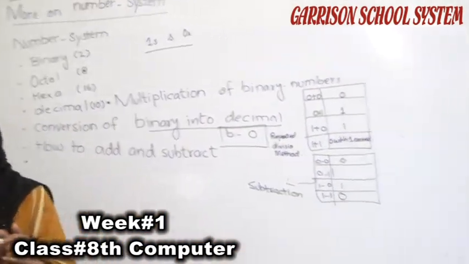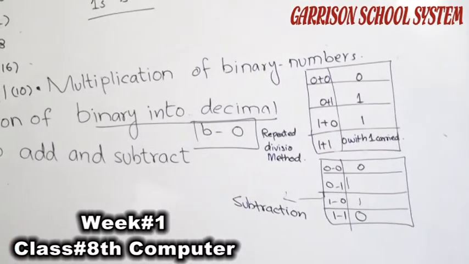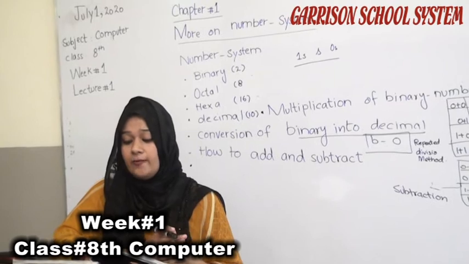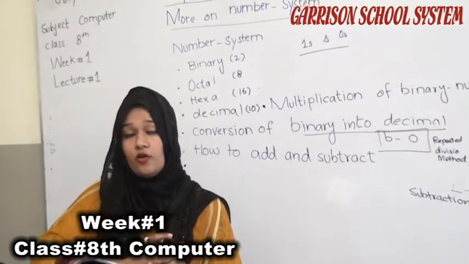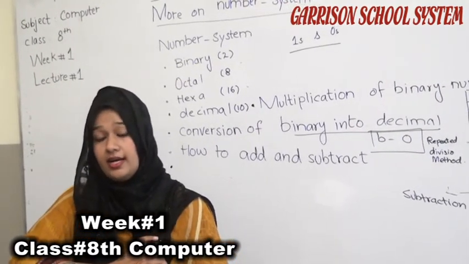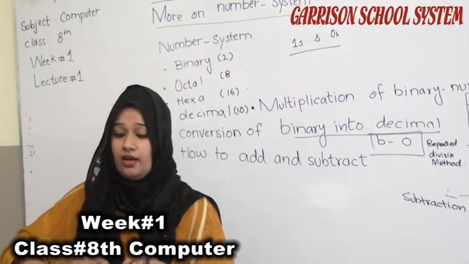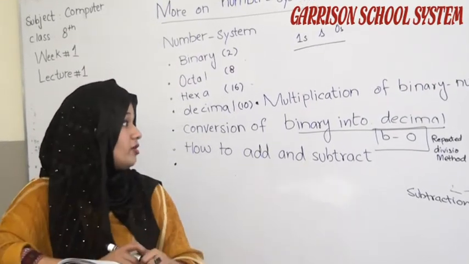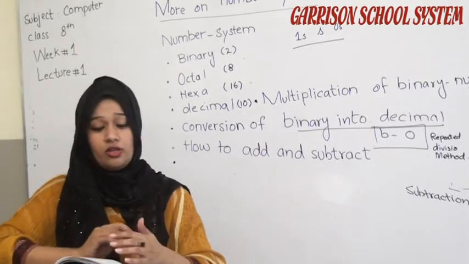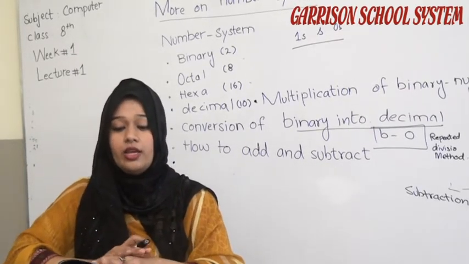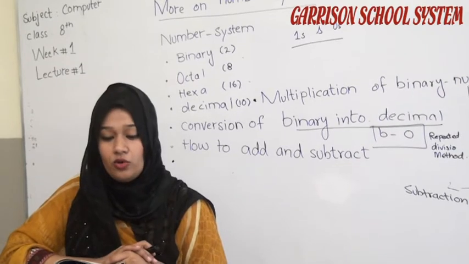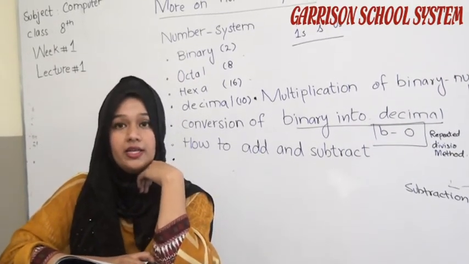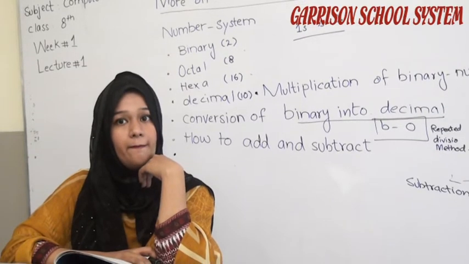Here we divide the number by 8. We divide until we get a quotient less than 8. We then record the remainders from bottom to top to get the answer. Okay. All examples are shown in your book, you can solve your examples by using the binary into octal number system. Okay. When you convert decimal number into hexa number system, you can use the repeated division method.